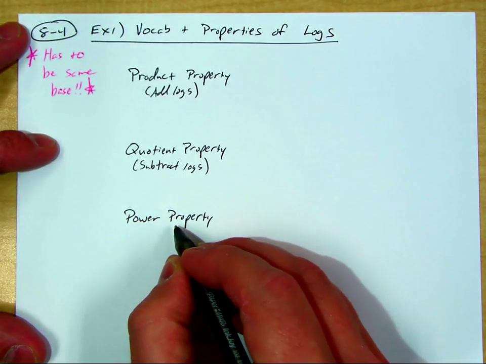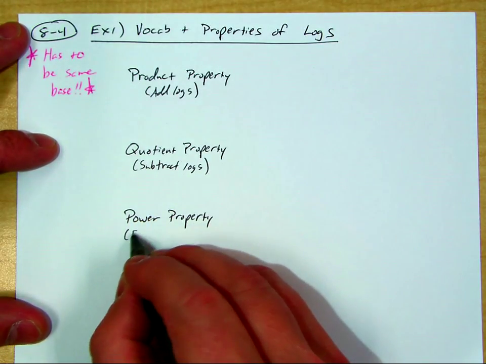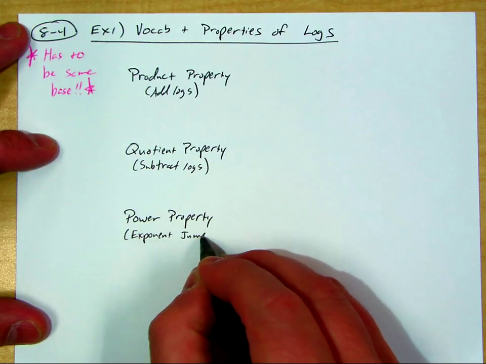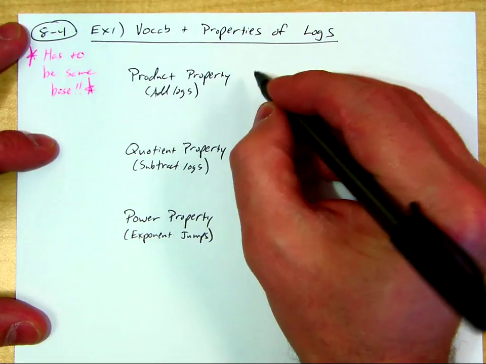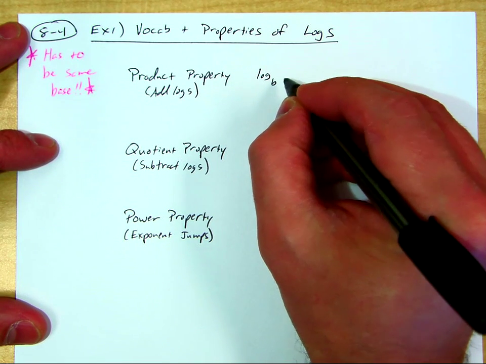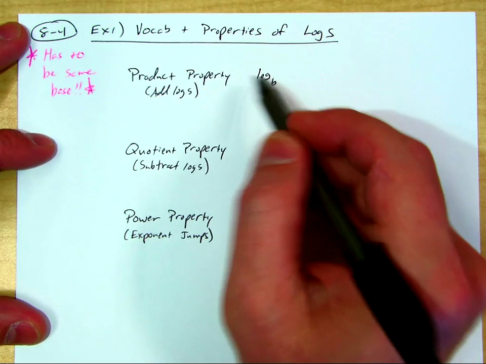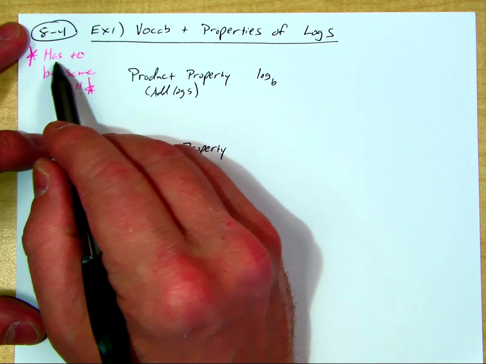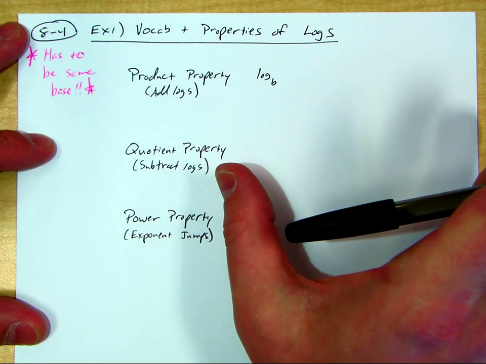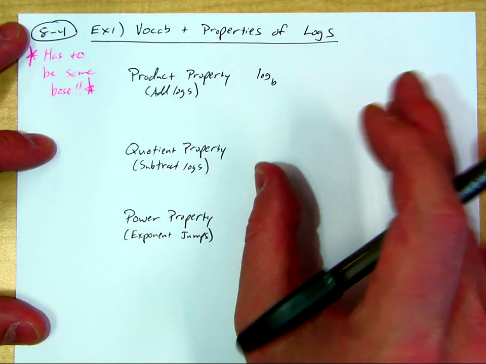And for the power property, this is kind of different. I want us to remember that the exponent, it jumps out. And I'll show you what all three of these mean. Let's say I've taken the log of some base. I don't care what the base is, so I'm going to say it's m. I don't care what the base is, but to use these properties, we always have to have the same base. For instance, if you're collapsing a large logarithm down into 1, they have to have the same base to do